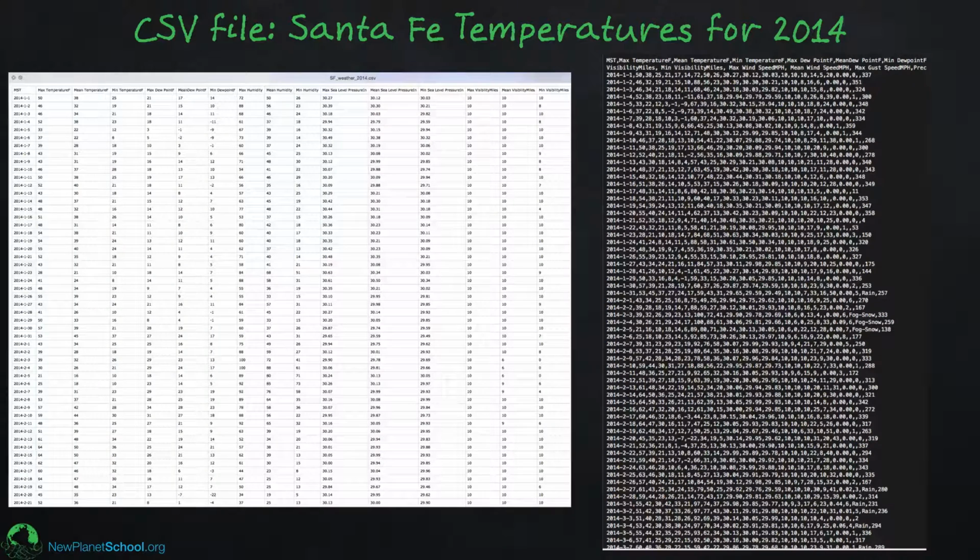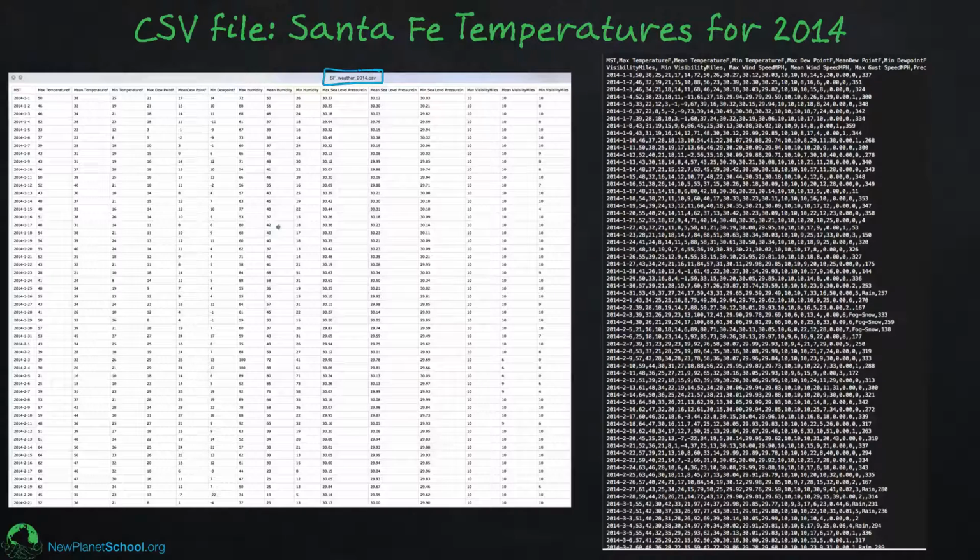Okay. Let's now get to a much more realistic and much more fun example. So I wanted to have a good example. It was complicated enough but easy enough to play around with. I went to a website called Weather Underground, and I got this CSV file from them, which is all the weather information for the entire year of 2014 for the city of Santa Fe, New Mexico. And I downloaded this file. And it's a big file, and it's not something that I would want to type in,